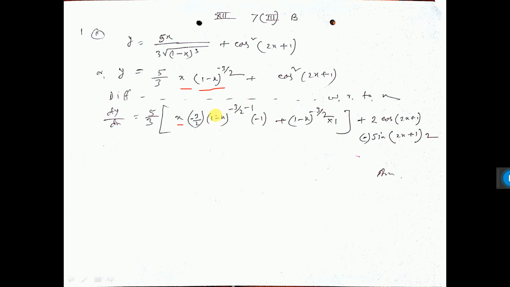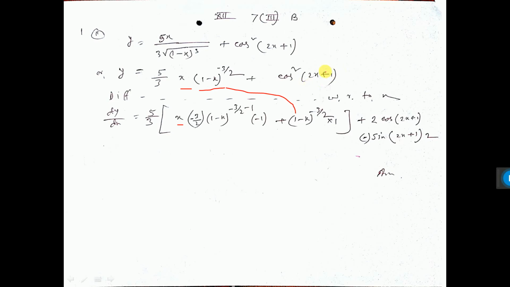And 1 minus x you have considered as x. Again its differentiation into d/dx of 1 minus x. So d/dx of 1 is 0 and d/dx of minus x is minus 1. Plus, so here u d/dx of v plus v. v means this one. This one is v, d/dx of u. d/dx of u means d/dx of x, that is 1. Plus